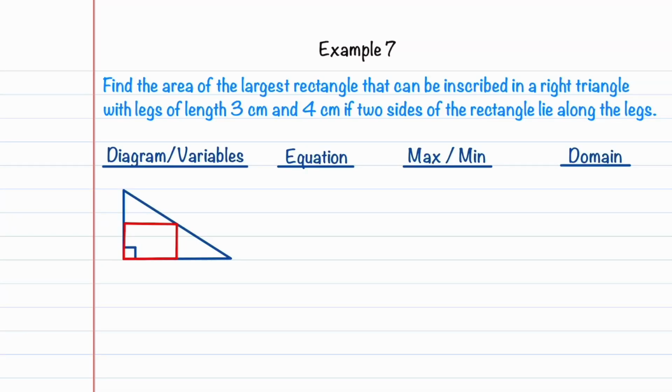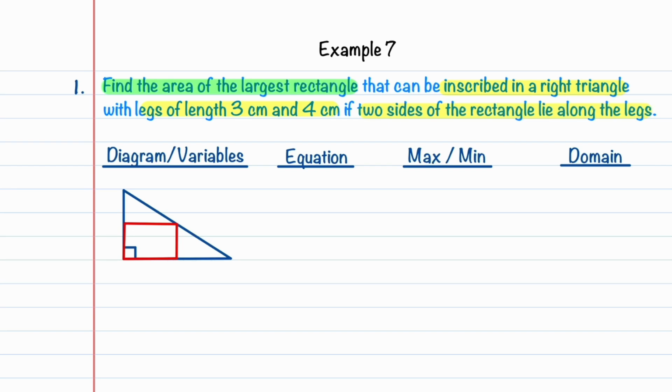In this optimization problem, we're finding the largest rectangle that can fit inside a right triangle. The first thing we want to do in solving this problem is to read the problem carefully, figure out what information we've been given, and then what we're asked to find. Our problem tells us that we are to find the area of the largest rectangle that can be inscribed in a right triangle with legs of length 3 centimeters and 4 centimeters if two sides of the rectangle lie along